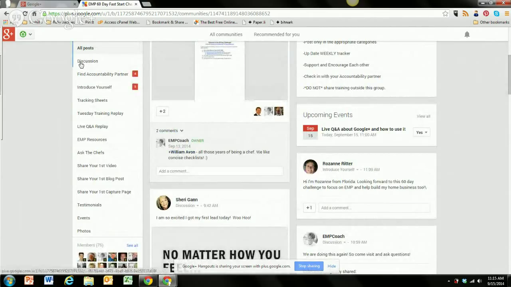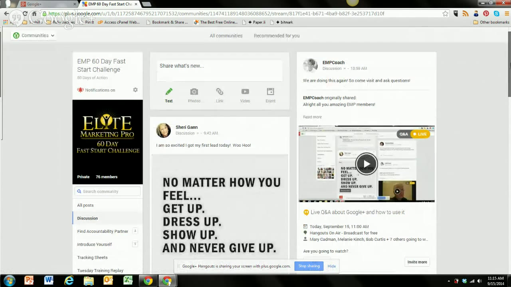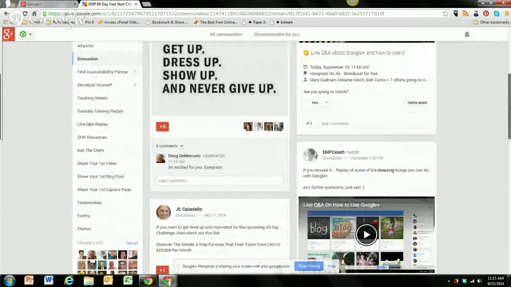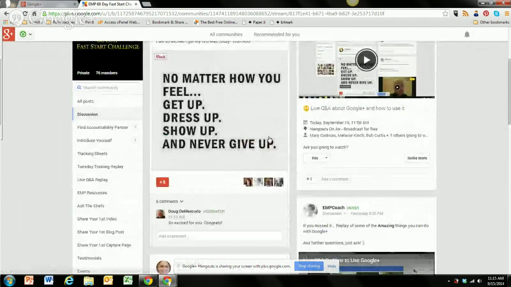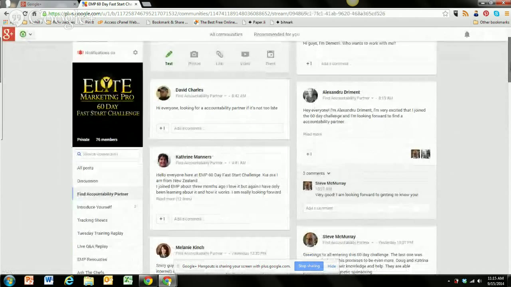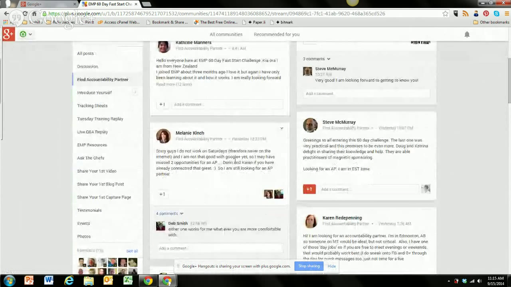We do have categories. I don't know if you know this or not, but inside these categories, if you just click on discussions, it will only bring up everything that's under discussions, whatever people are talking about. So it's not a lot of craziness going on. You can get very specific. If you want to find an accountability partner, just click on accountability partner, and it's just everybody who is right now looking for accountability partners. You'll find this useful as we go through this training and are looking to see what's going on.